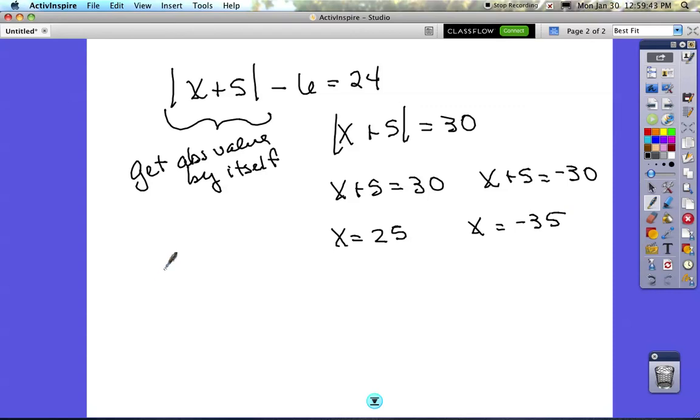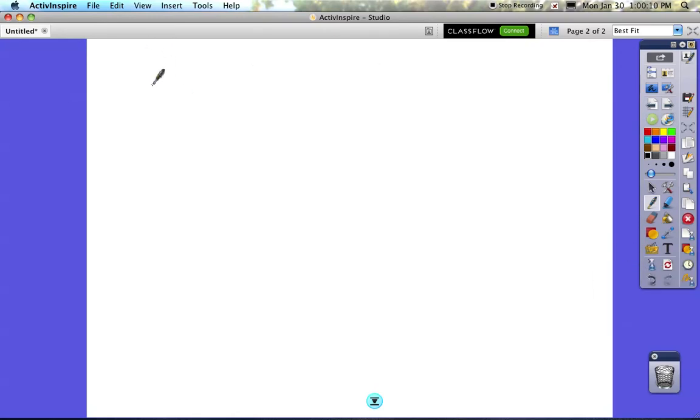Now let's check to see if those work. 25 plus 5 is 30. The absolute value of 30 is 30, minus 6 is 24, so that checks. What's -35 plus 5? -30, but the absolute value of -30 is 30 minus 6 is 24. Okay, and then I don't think any of these are on your classwork tonight, but